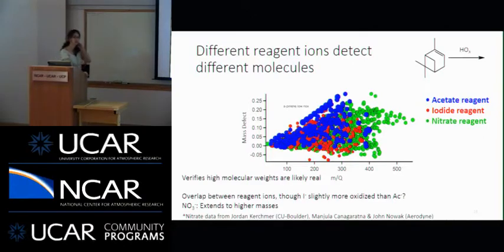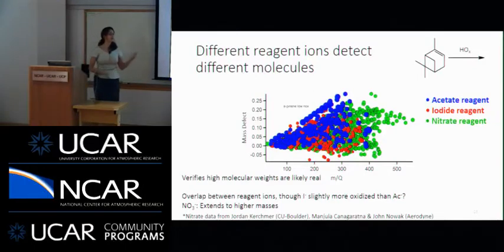The nitrate CIMS data came from Jordan Krechmer and the Aerodyne crew who were out at Caltech with a nitrate CIMS instrument. Again, there are several things you should notice from this. First off, all of these instruments see these really high molecular weight compounds. Some instruments, namely nitrate CIMS, see higher molecular weight species, so this tells us that nitrate is accessing a different type of molecule. But we also see that acetate and I- see different molecules. What's interesting is that there isn't a very good pattern as to which molecules each system sees.